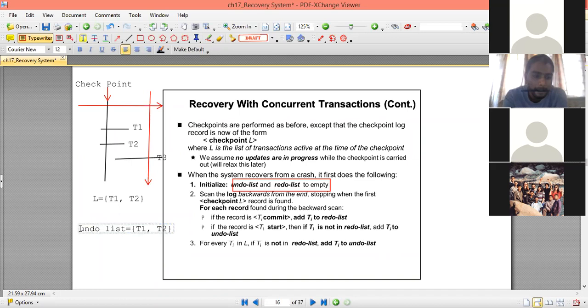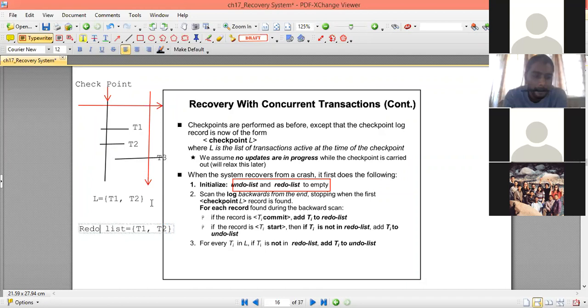Why? Because those transactions have already completed before the system fails. Therefore, they will be placed in the redo list, because those transactions have committed, and whatever changes they made to the data item is successfully performed in the main memory.